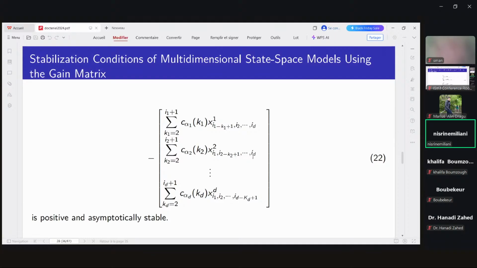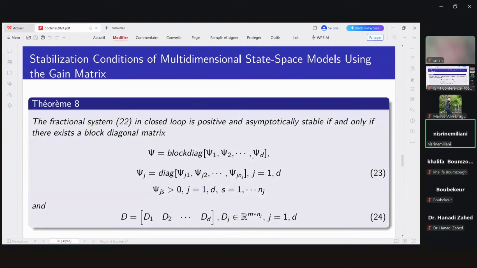This system is positive and asymptotically stable if the result is satisfied in this theorem. The theorem: the fractional system 22 in closed loop is positive and asymptotically stable if and only if there exists a block diagonal matrix phi defined by this formula number 23,